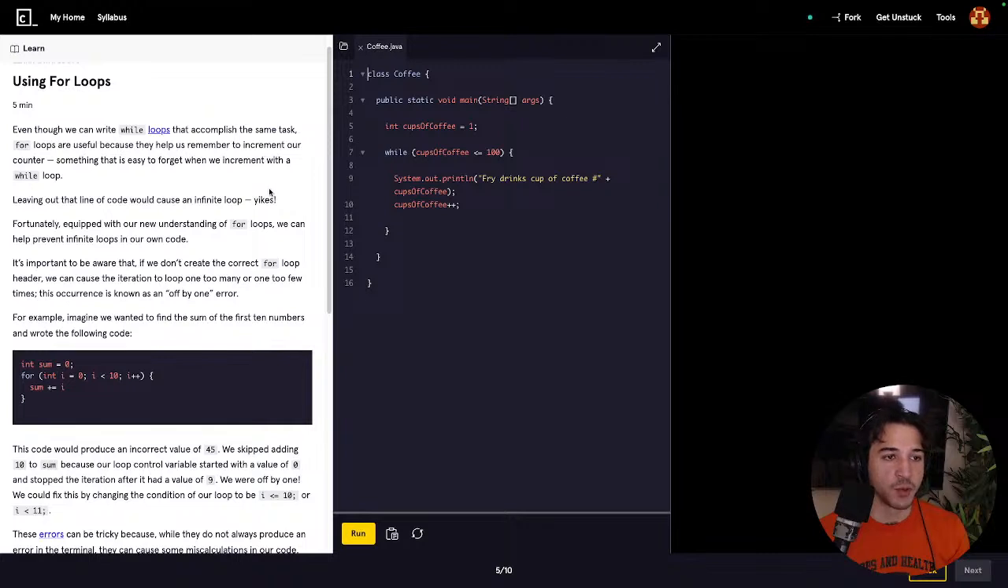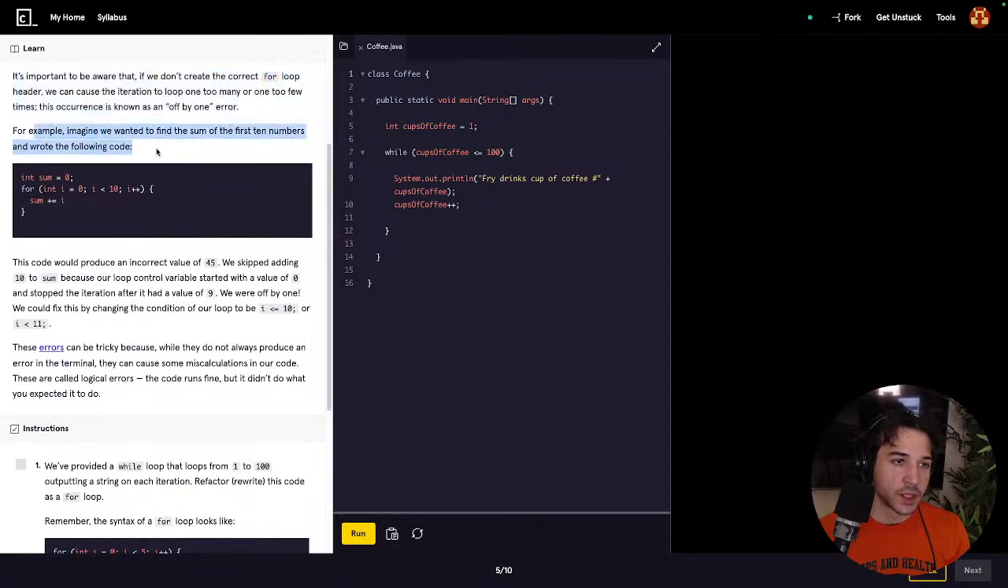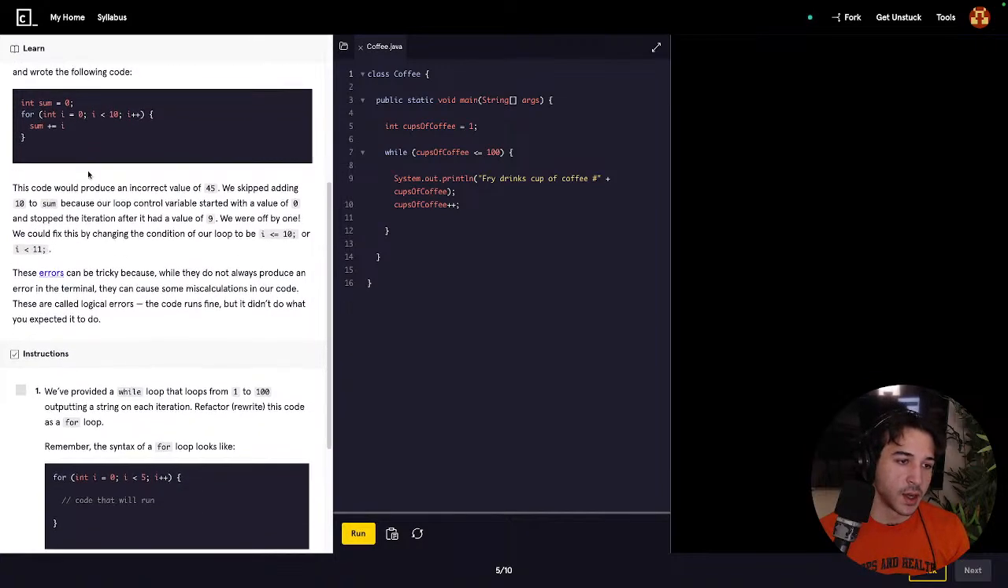So even though we can write while loops that accomplish the same tasks, it's important to be aware that if we don't create the correct for loop header, we can run the loop one too many times. For example, imagine we wanted to find the sum of the first 10 numbers and wrote the following: for (int i = 0; i < 10; i++) { sum += i; }